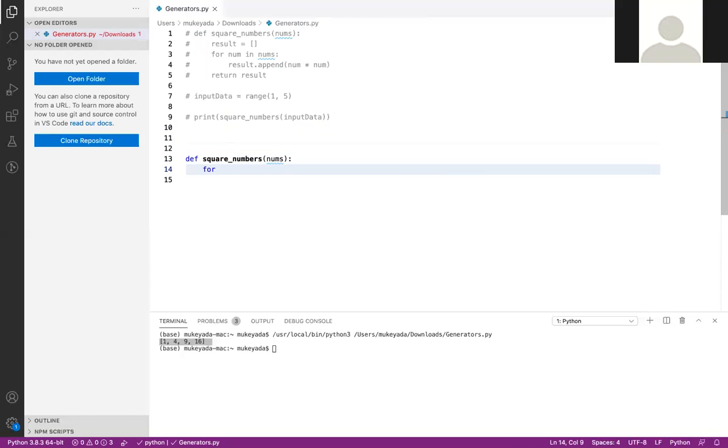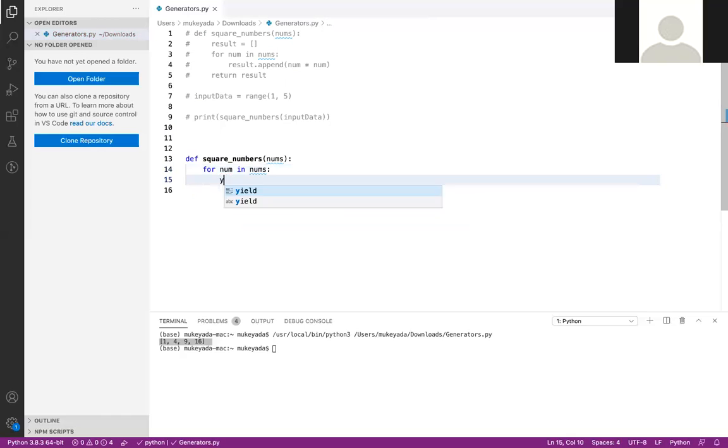Let me do for num in nums, and here I just need to use one keyword called yield, and do num into num. That's it. When we use the yield keyword, it means we are following the generator approach.